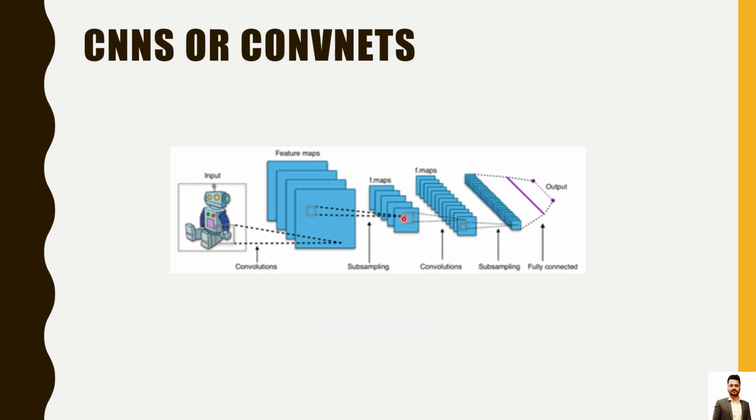And from these maps, when you do the subsampling, and maybe you are getting more and more convolutions and making the size small, you will reach these two outputs. So let's say that the outputs are class 1 and class 2. These two classes are the outputs from this image. Let's say you wanted to predict, is it a robot or a human being. So maybe this point is telling the probability of robot, and this point is giving the probability of human being. So something like that can be visualized in CNNs.